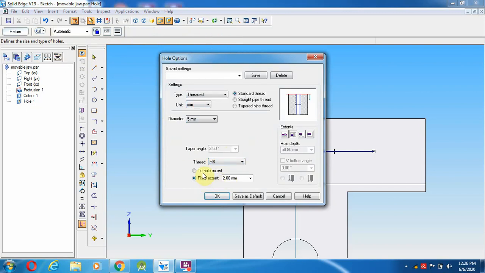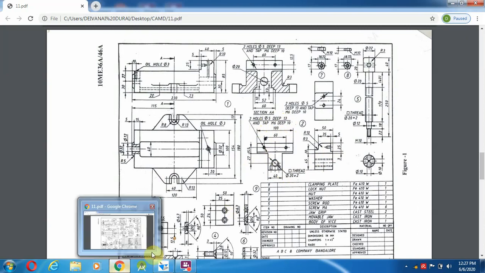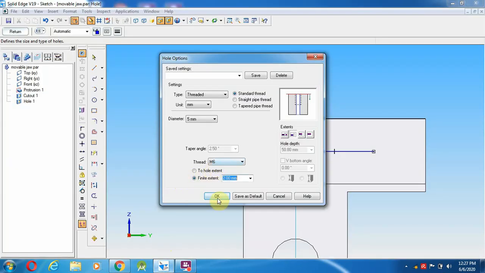For finite extents, the hole has to be 13 mm, and the threading has to be 10 mm. So a 5 mm hole and 6 mm threading. Okay, so I am going to select M6 and 10 mm.